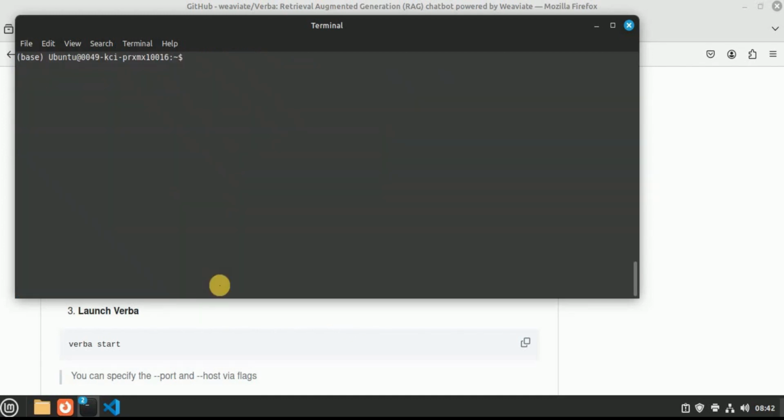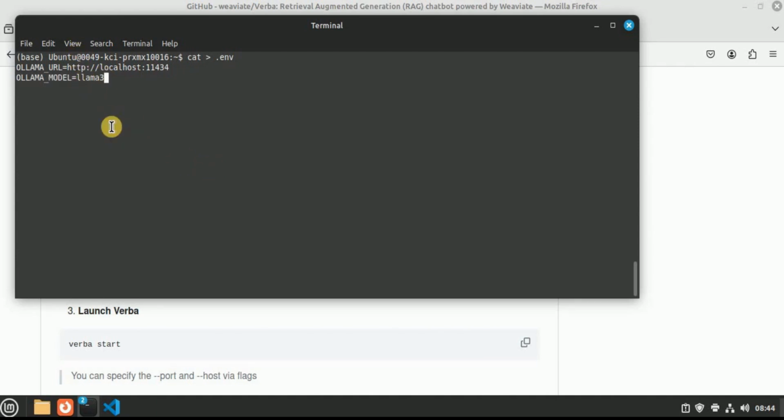And in order to do that, I'm going to use the cat command, and the name of my file is .env. Hit enter, and now it is prompting me to insert the data which I want to save inside the file. And here I need to define 2 things. Firstly, I'm going to define the Ollama URL, which is actually http://localhost:11434, which is the port for running Ollama. Then we need to define the Ollama model which we want to run. You can define any model right here.